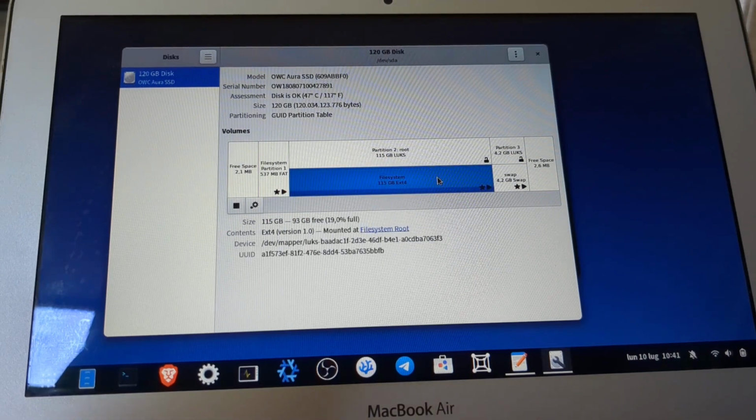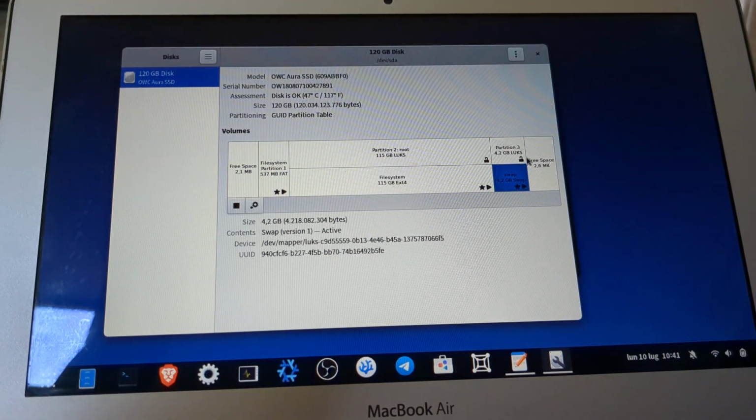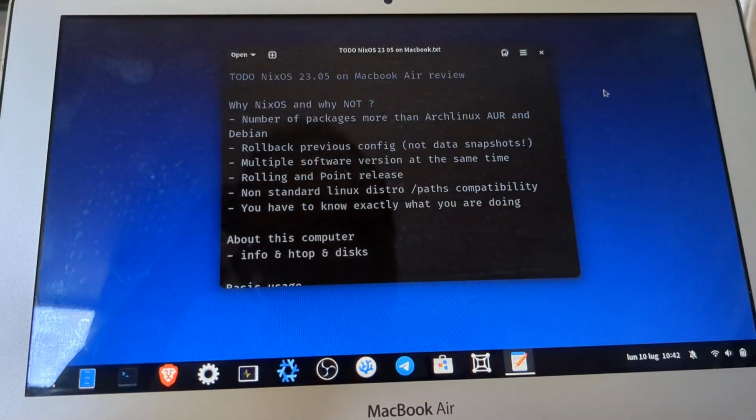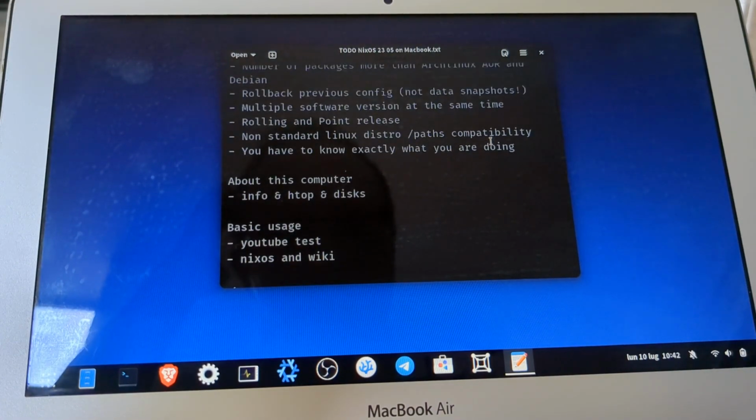So we have LUKS partitioning for the main operating system, and also LUKS for the swap. And this is done by the official GUI installer, so I didn't change that.